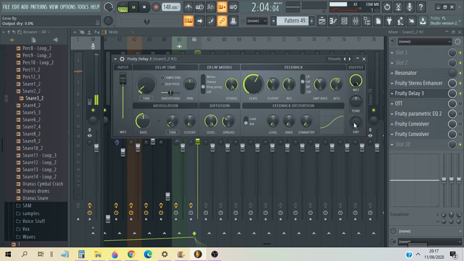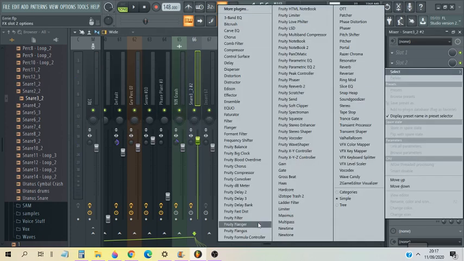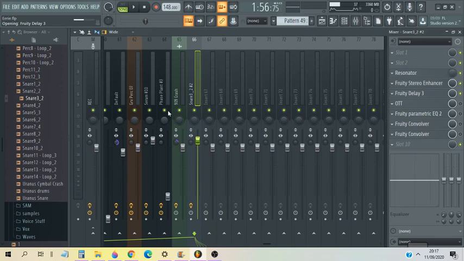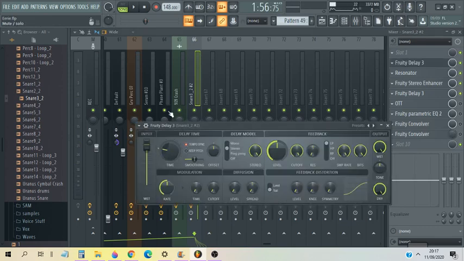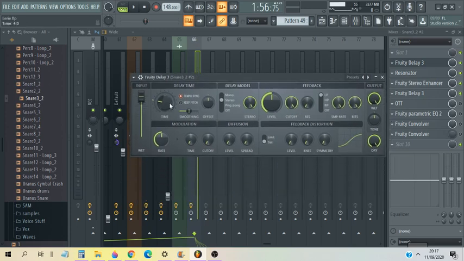And if I turn off the dry, so as you can see, this time knob looks a little bit weirder than it probably does for you normally. If I open up another Fruity Delay 3, I'm pretty sure I can switch the knob without it breaking it, but I don't want to take that chance. Basically, as you can see, usually it's like this. And usually the delay time is in beats, not milliseconds. However, if you turn this like that, you can switch to milliseconds mode.